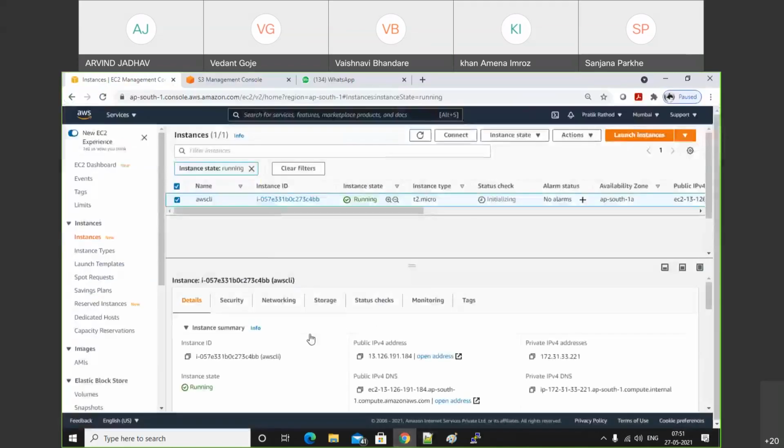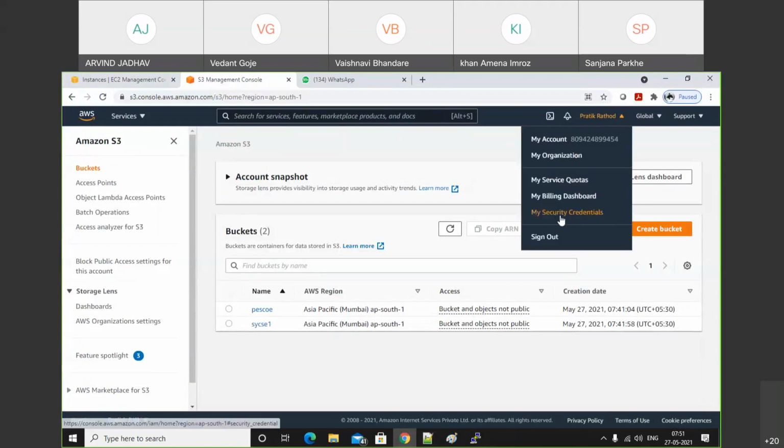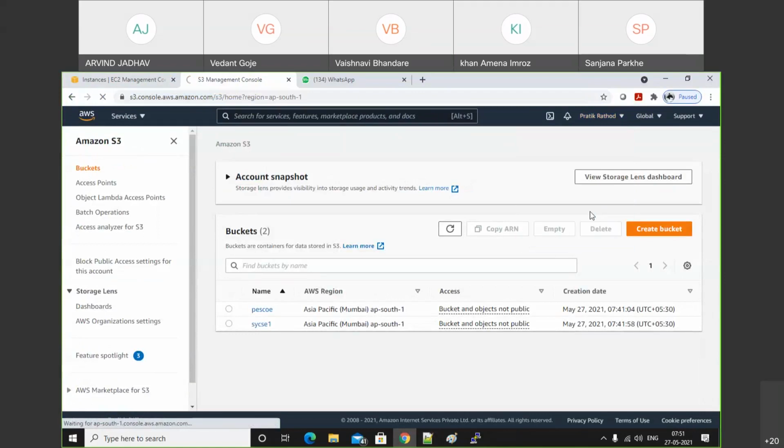So let's do that. Where do we get these keys? We can get the keys under your username. Click on the user. Here we need to click My Security Credentials. Okay, click on My Security Credentials.